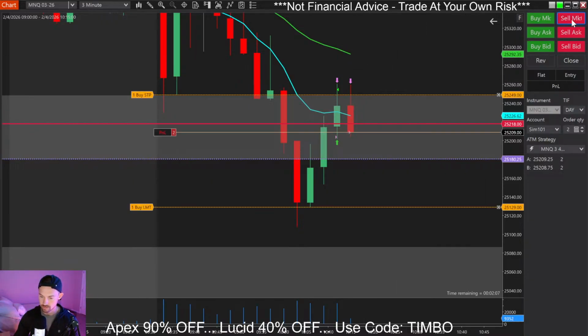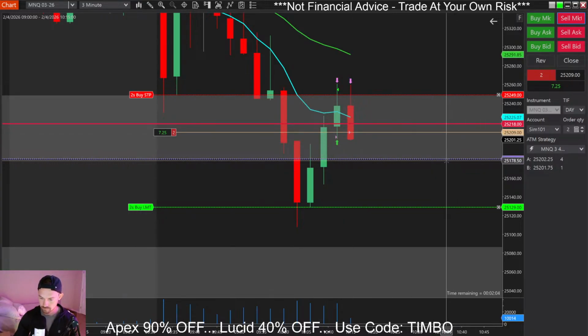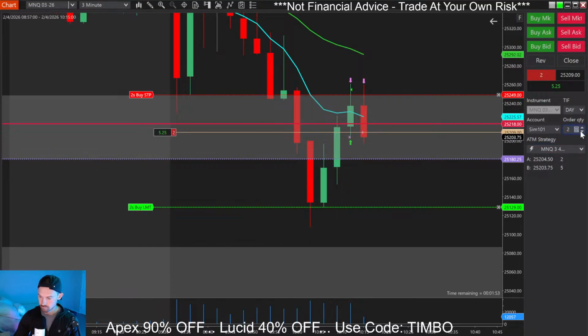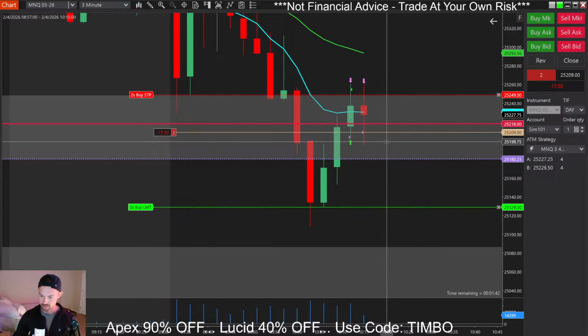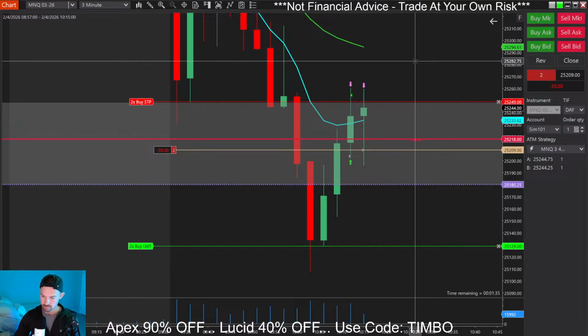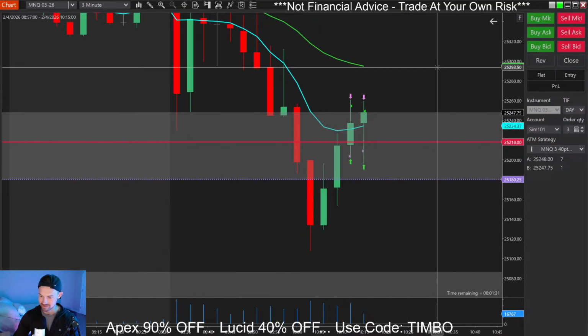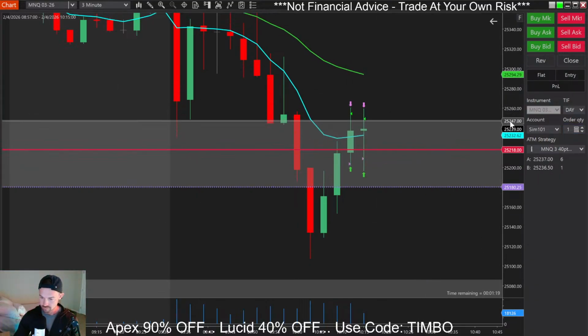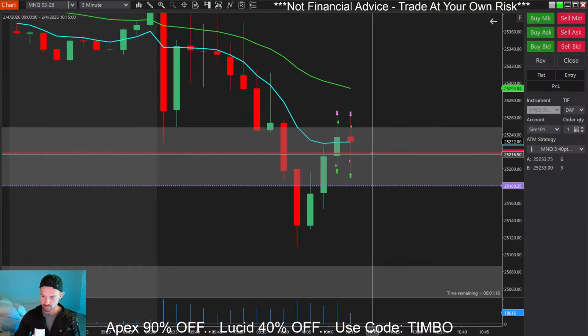Might take another stab here. I'm trying it. See if we can get the move. Nice engulfment so far on the 3-minute. If we can close it strong down here, but oh man, they're wicking it back up again. All right, there's another. There's 2 losses. Wow. I guess I should be using 1 micro. Order canceled. Yeah, they're not letting it stay below previous day's low, so